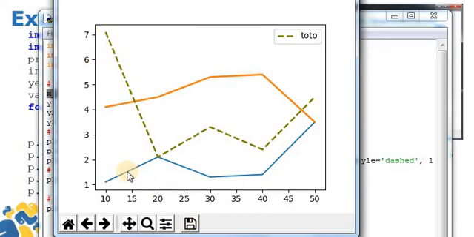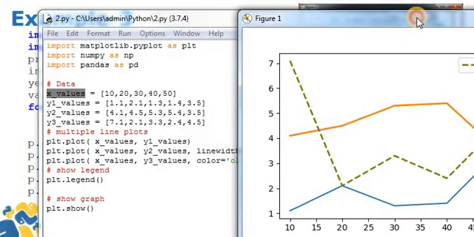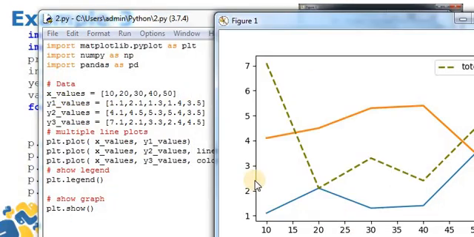Now in one program, if I want to print the 3 lines, how can we do it? The values of x are the same, so that's why here I am writing x values equal to 10, 20, 30, 40 and 50. Now the values of y vary, that is, they change.